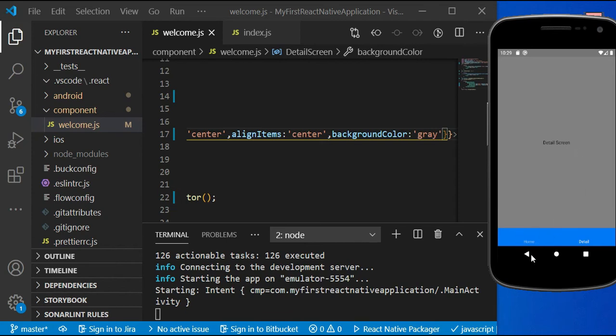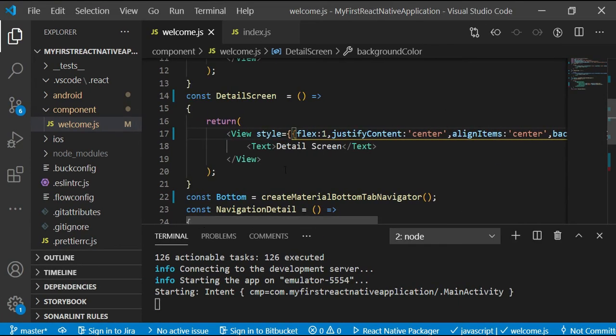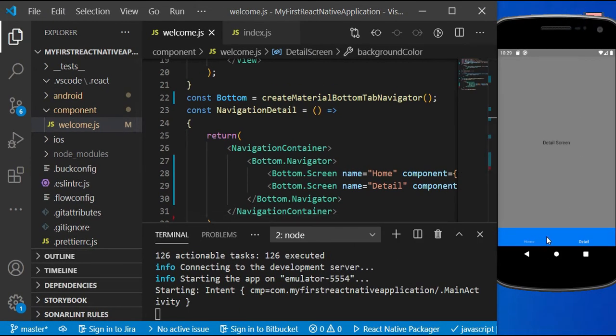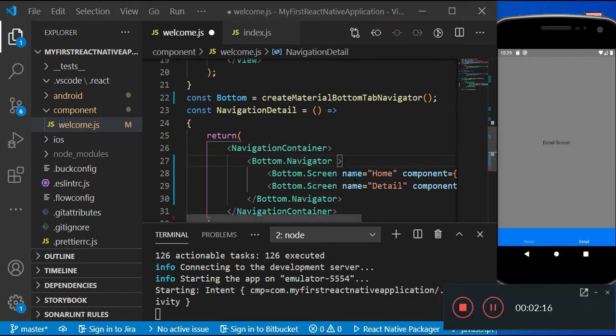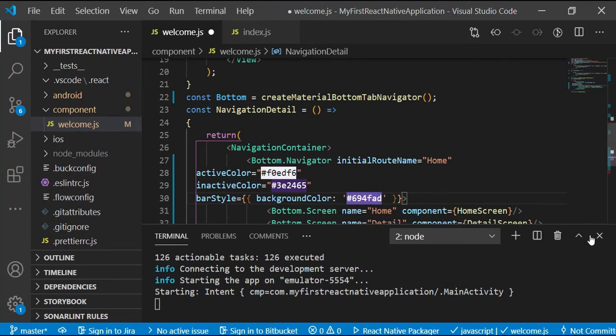Further, you can apply some styles for this bottom tab bar navigator as well. So I'm going to apply some style for the material bottom tab bar navigator. This is the style that I am using.